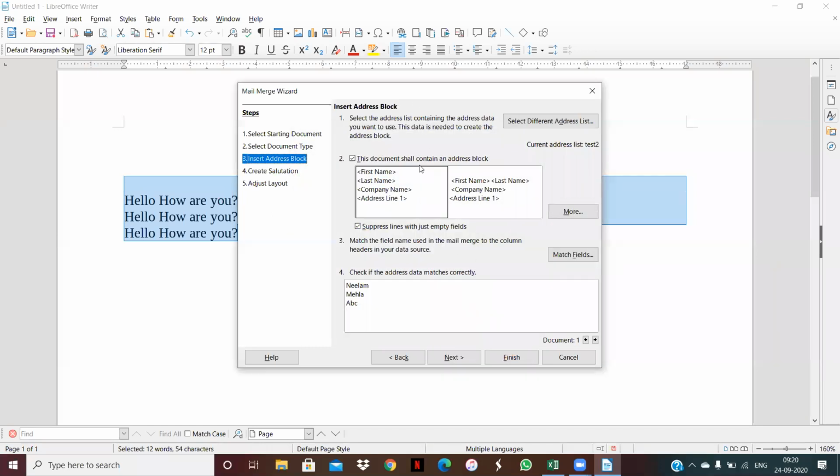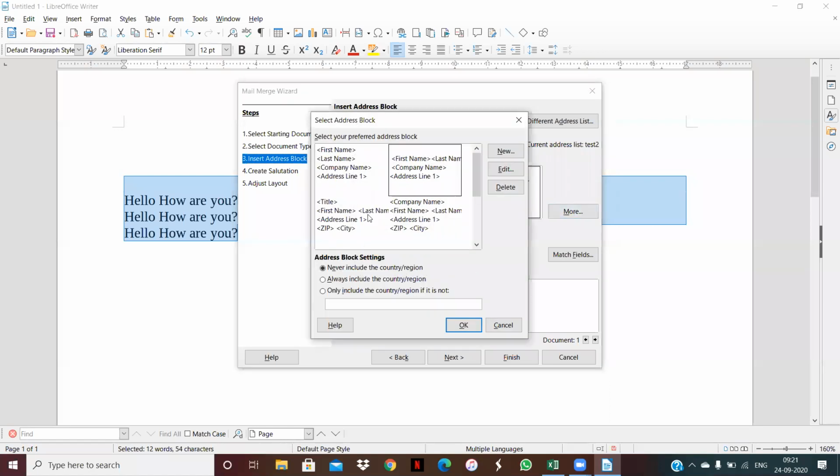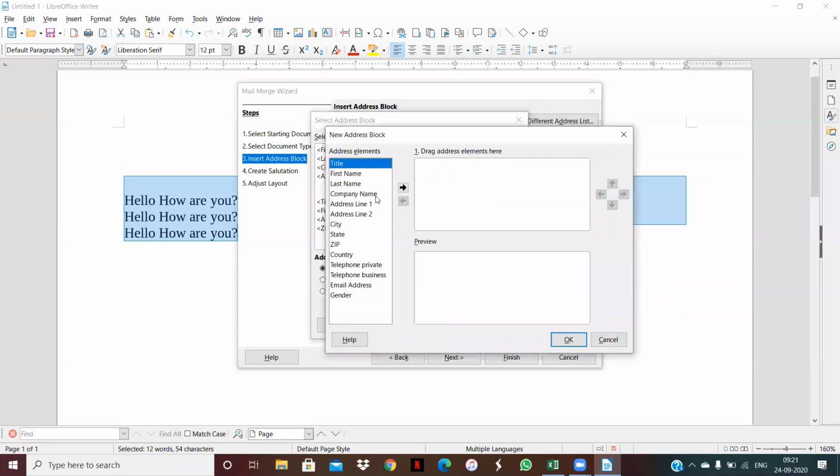and now from here you will select the list of the address block. Means what address block you want to set here. This block you want, this block, and otherwise more option is here. You can select from here. Even if you want to create your own, then you can create your own.